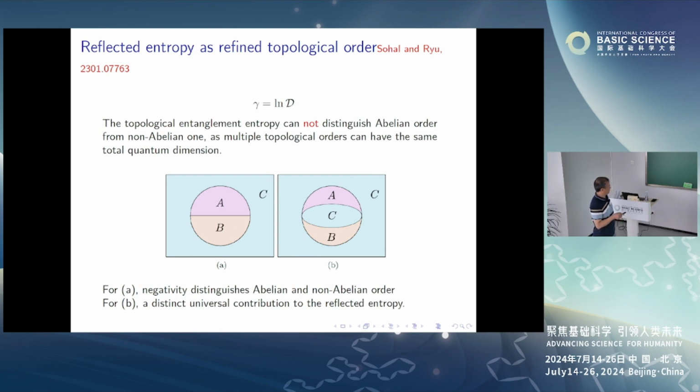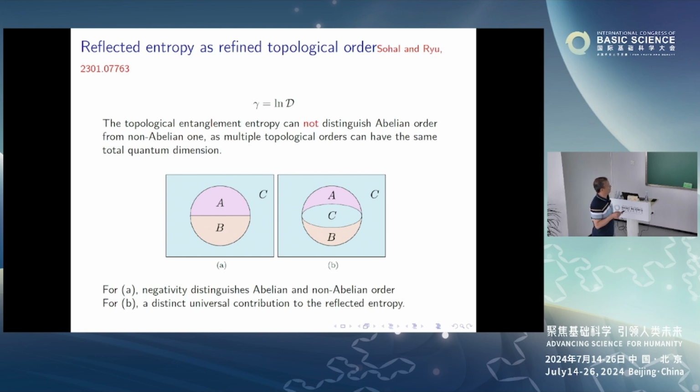That means, as I mentioned before, this total quantum dimension is a universal contribution. But this quantity cannot distinguish the abelian order from the non-abelian order, since there are different topological orders that may have the same total quantum dimension. And so they try to define